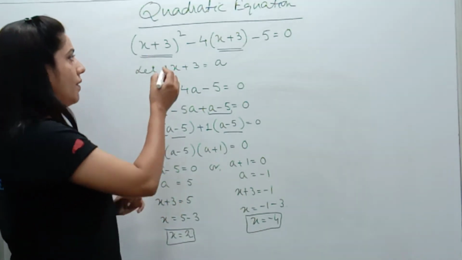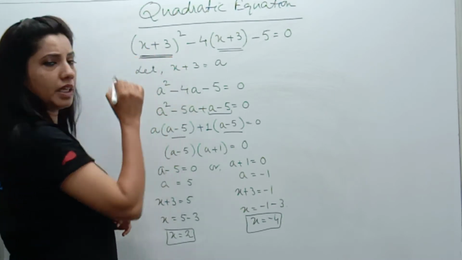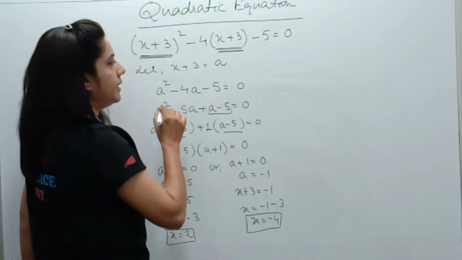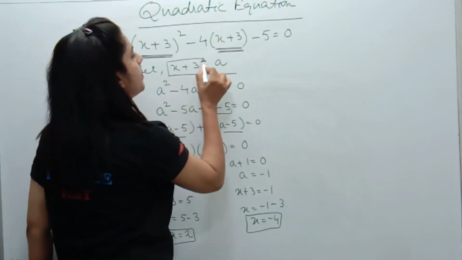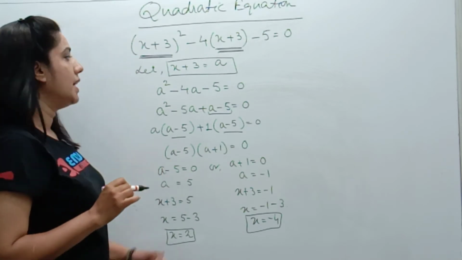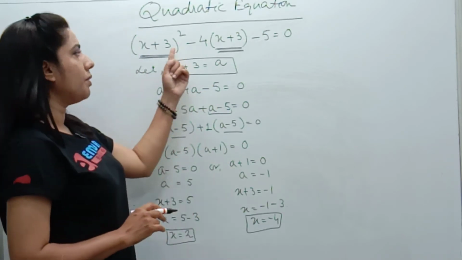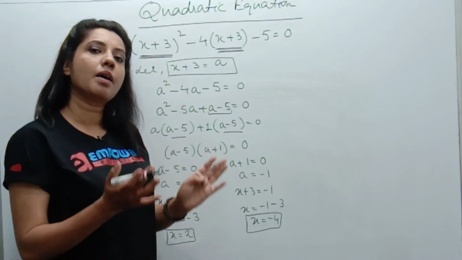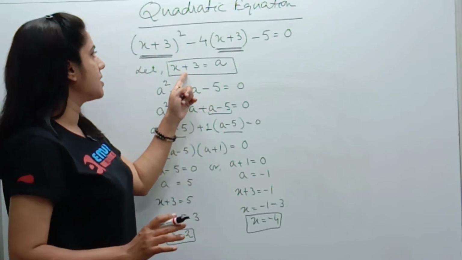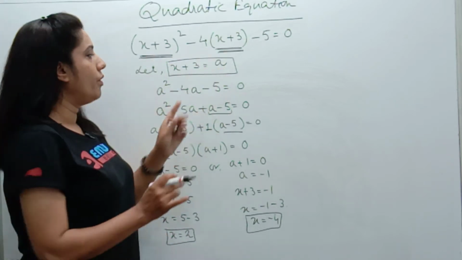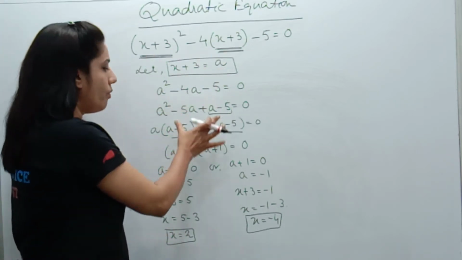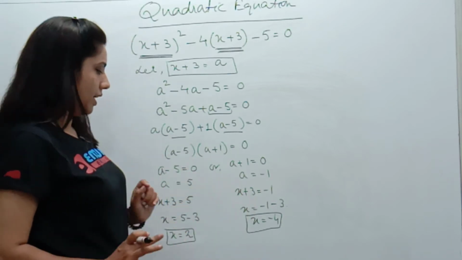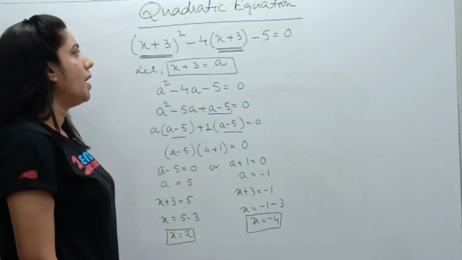So remember, when you have the same term in x square and you have the same term in x, then you have to consider that term is equal to some other alphabet and then you have to solve it. You can solve this also in the normal way by expanding this and then simplifying, but this will come very big. So that is why we just considered x plus 3 is equal to a. We made the quadratic equation small, we solved it, we got the values of a and then we substituted for a. We got the values of x. Okay, please copy it down.